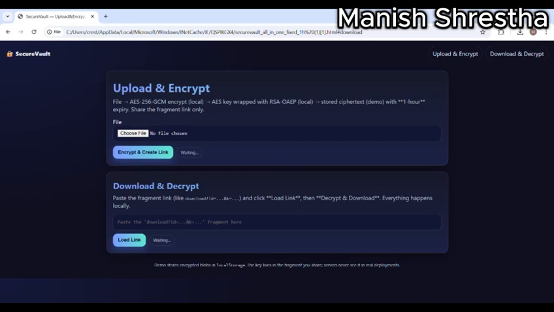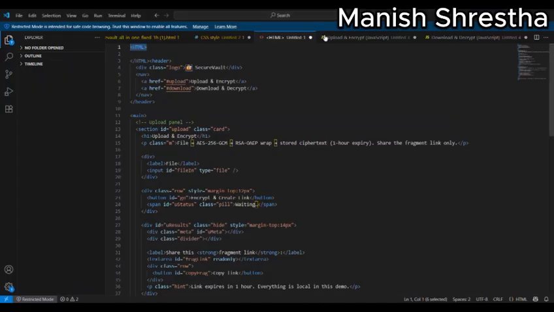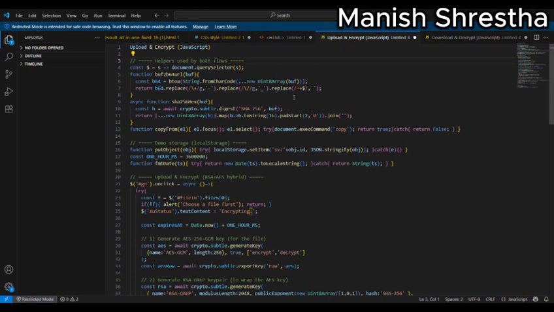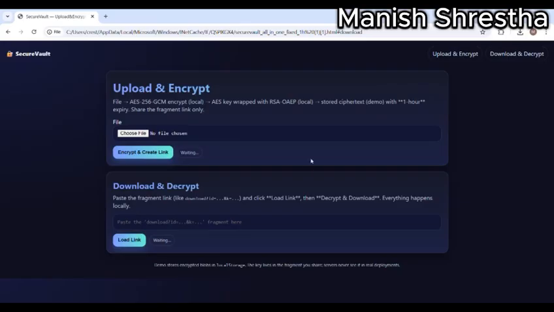Now, there's a main part coming. So this is upload and encrypt. Now we start the real action. So, upload and encrypt logic. What's the logic behind it? When you click the button,